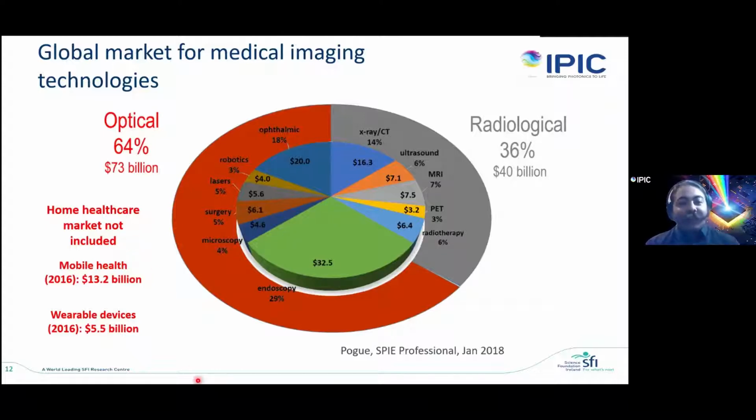So the market expanded quite a lot on the optical side, especially because we can't use, for example, X-rays at home, right? So we have this growth of biophotonics in the past years, and let's try to understand why biophotonics is so